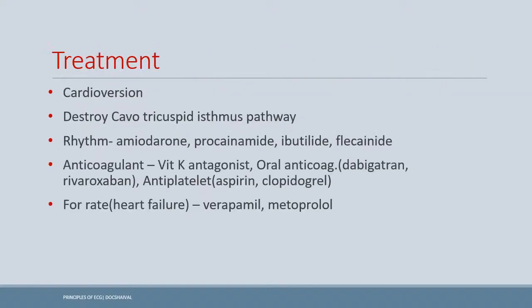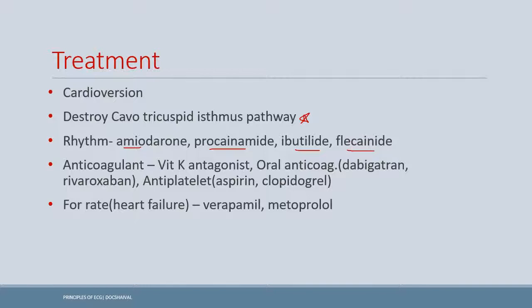Okay. Now the treatment for the atrial flutter would be the cardioversion. What is cardioversion? The cardioversion is that we depolarize all the atrial cells at once, so that they depolarize in a regular fashion, and this would prevent the reentrant loop to form. Or we can also destroy the Cavotricuspid Isthmus pathway, and this is useful if we have type 1 atrial flutter problem. Then we need to maintain the rate, so we are using antiarrhythmic drugs like amiodarone and procainamide, ibutilide,